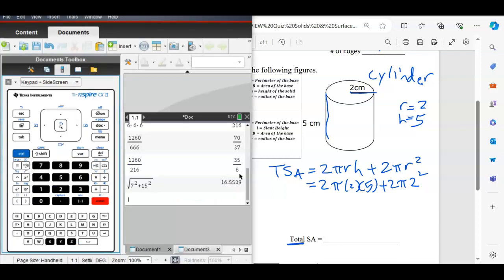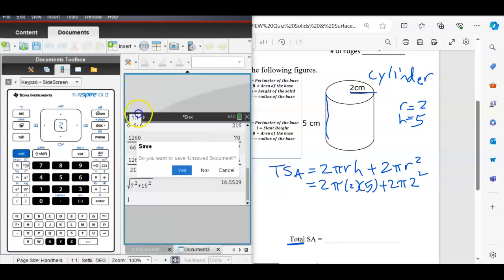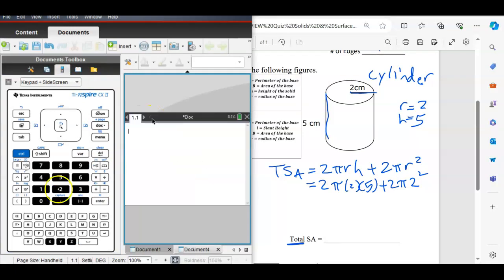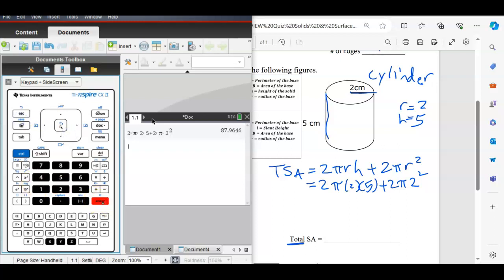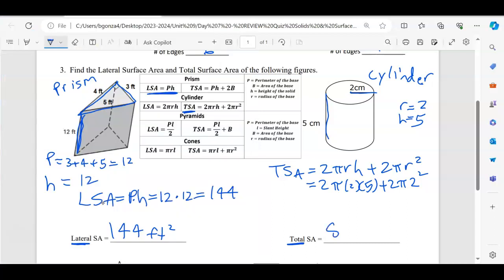All right, so let's go ahead and do that. 2 pi times 2 times 5 plus 2 pi 2 squared. 87.96